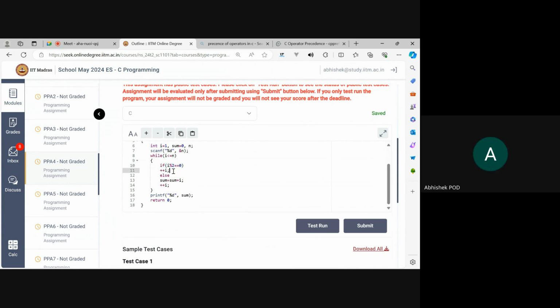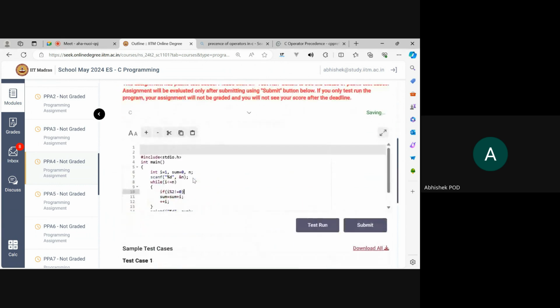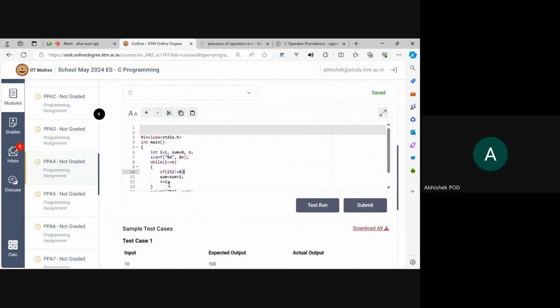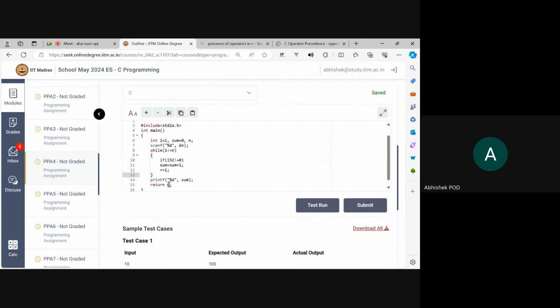So what I'm doing here is I'm simply saying I modulo division 2 should not be equal to 0. In that case, I would perform this sum equals sum plus I, right? And after that, I will make an increment to I, and at the end, I would be printing the value of sum. So if I do a test run,